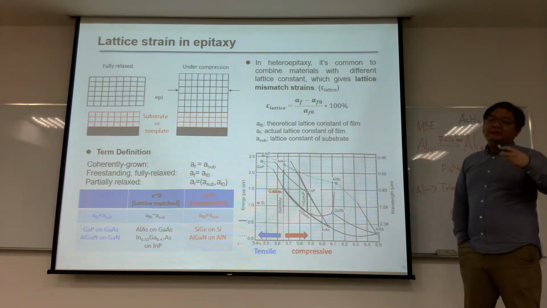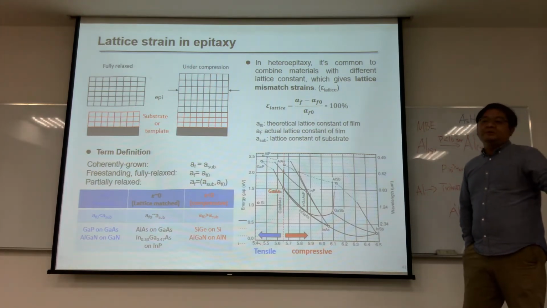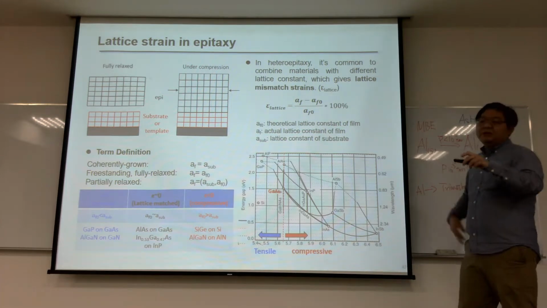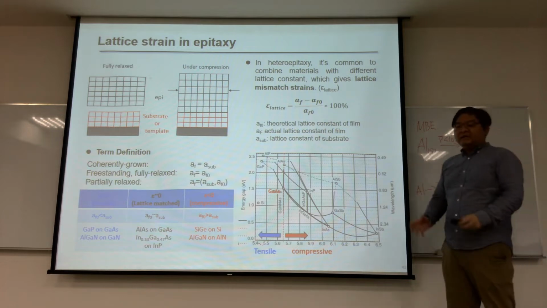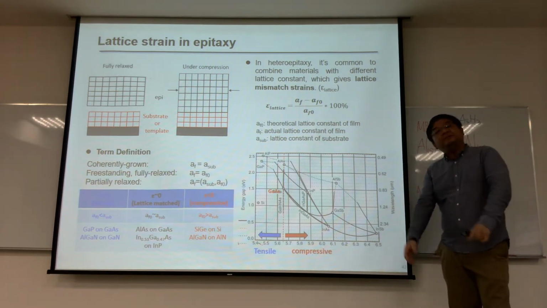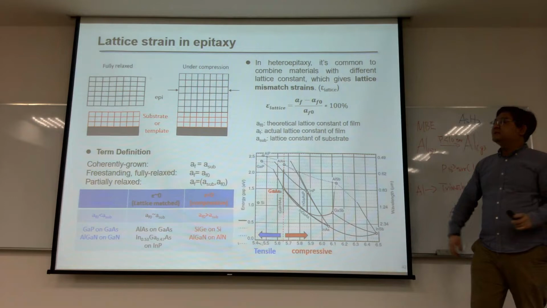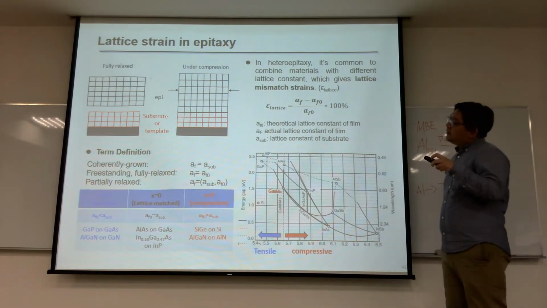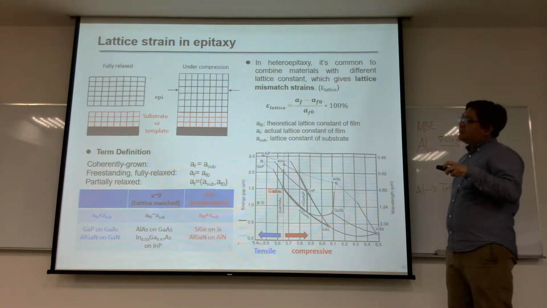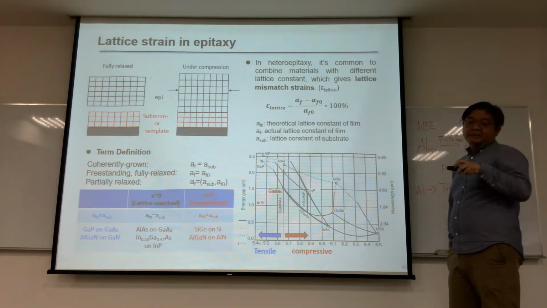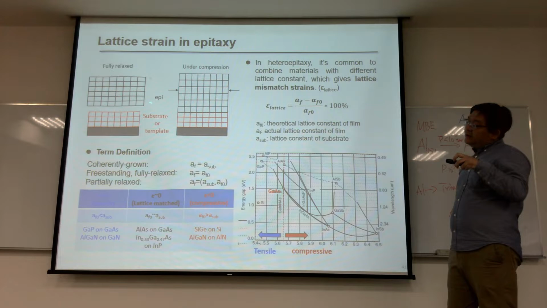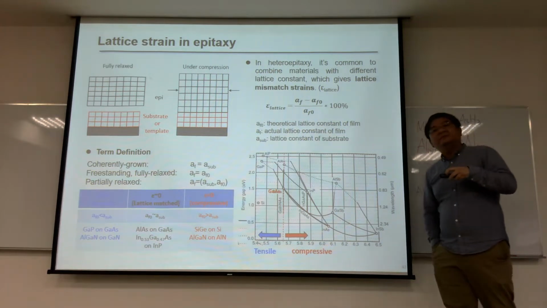Now, assume you already picked a good tool, no matter what it is. Now you need to build the material layer by layer, and everything needs to be based on your substrate, because it's called epitaxy. Let's consider you're building material A on substrate B, but your material A has a different lattice constant